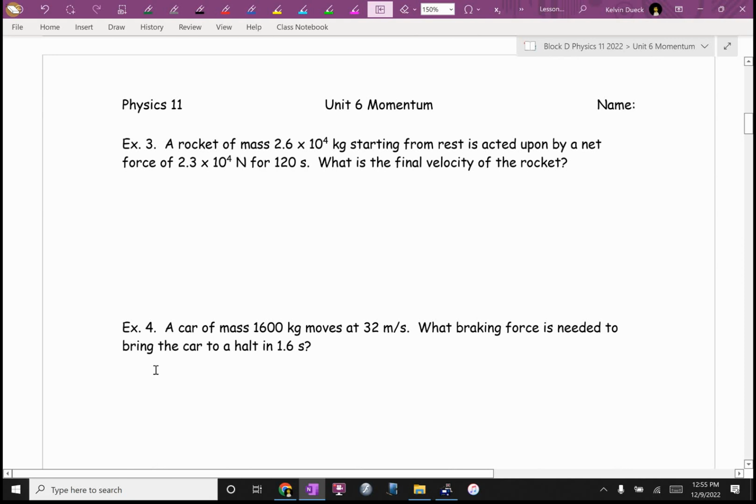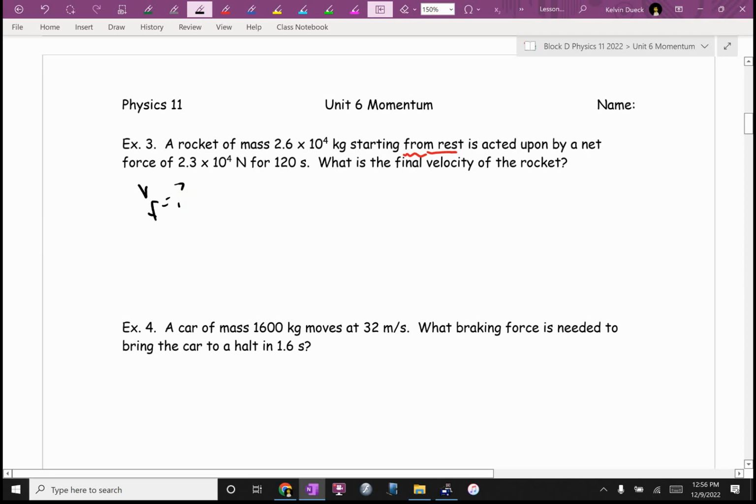I like rockets. Gerard, you ready? Okay. A rocket of mass blah blah starting from rest. I would probably underline the phrase from rest, is acted upon by a net force of blah blah blah for 120 seconds. What's the final velocity of the rocket? Okay. Gerard, what's this asking me to find? Look up. Don't write this down, but look up. I'll give you full marks. I have no problem if you go,